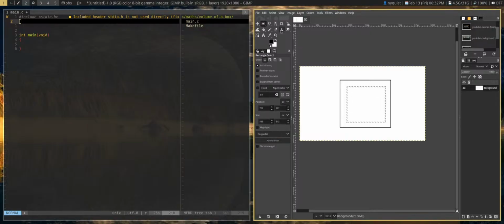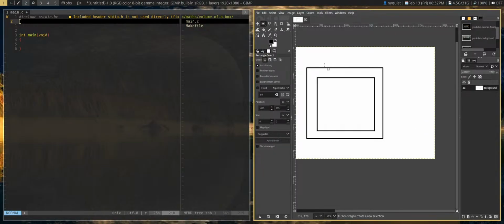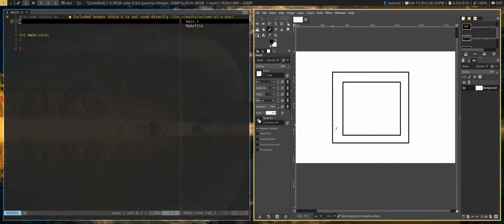Edit, fill with foreground color, border. And then there are areas you can cut. So this is like a flat cardboard box and its length is